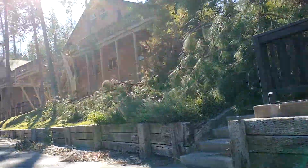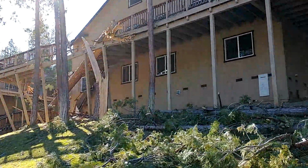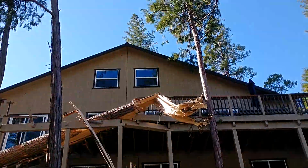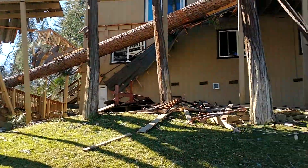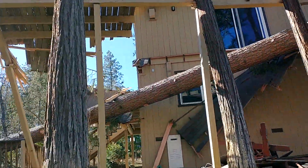But the real damage is back here on the townhome cabins. You can see that big tree there snapped, landed across the deck, took out the whole deck. Now, about 10 years ago, I helped build these townhomes here. But look how it lifted that tree right off. It snapped, went right across that deck, ripped out the whole deck,